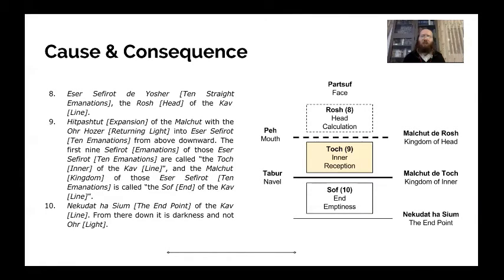So with number 10, would that be sort of, even though it's emptiness, that's when you're enjoying the internal power, the control that you had over the situation, is it not? So the actual enjoyment of the internal power is here in number 9, in the toch, in the inner. And then in 10, you could say it's what you're not enjoying. It's what you're rejecting, what you're not using your internal power for, that you're actually getting enjoyment from. You're being targeted with it and you're not wasting it and spreading it around without any goal in mind. You're very targeted.